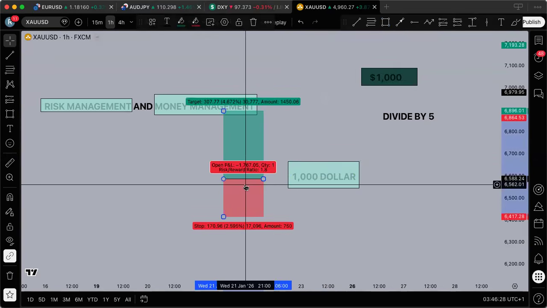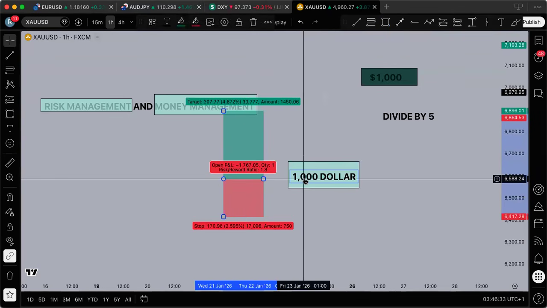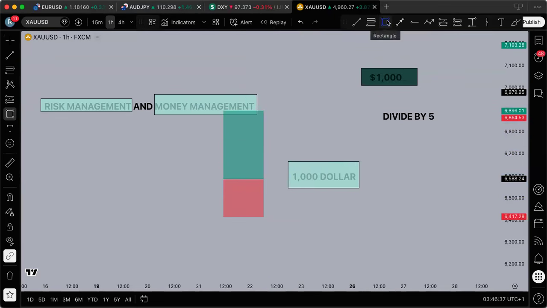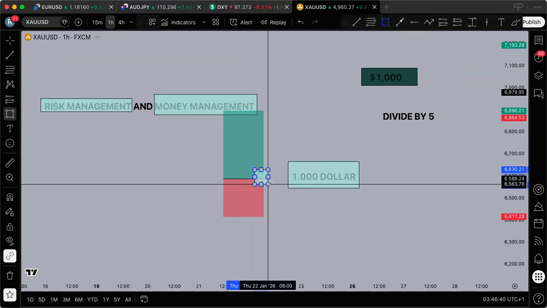I've already said this thing before, but I'm going to say it again. This $1,000 now, if you bring out this $1,000 and times it by your risk to reward,